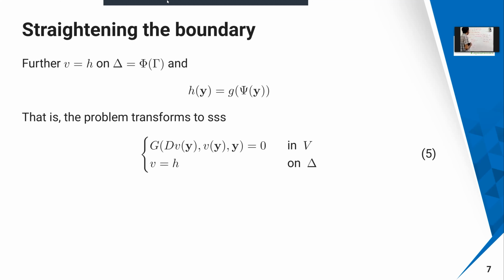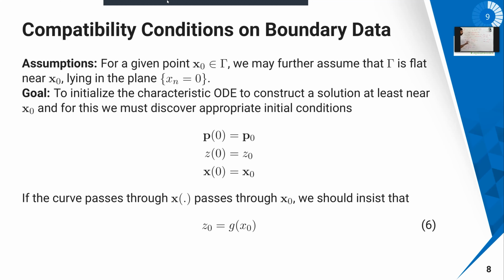So now for this problem, we can obtain the solutions very easily, because this is going to be equal to kach. You can solve it very easily, because near this boundary at least you can solve it. So using that you can find the solution for this problem and then you can transform back to the original problem. Now we'll see some simple thing. Okay, how do we do that?